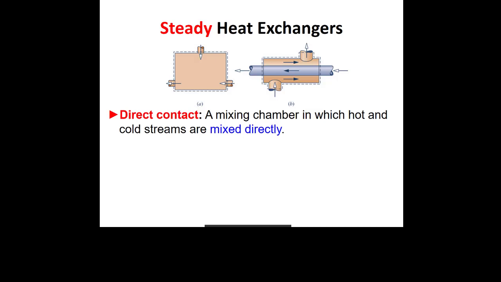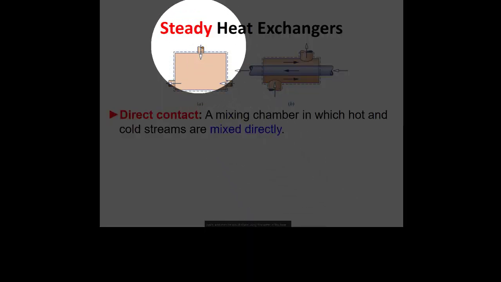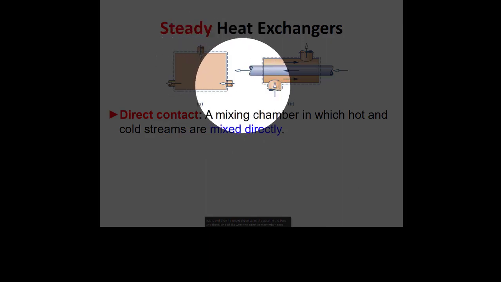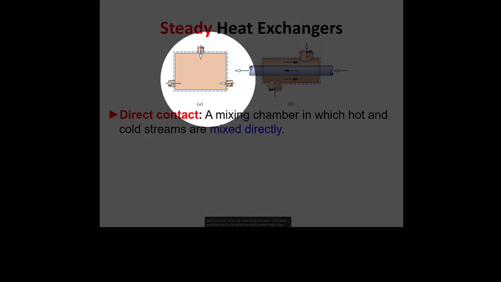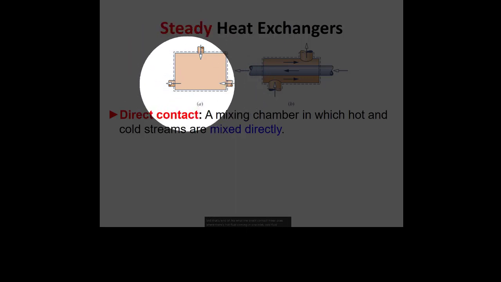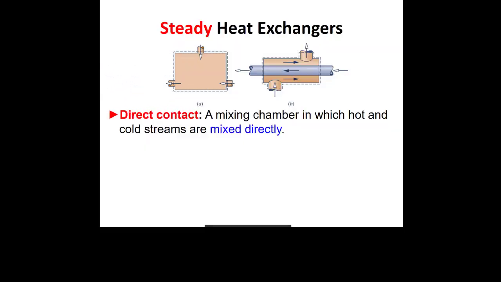One of them, I always think about this direct contact heat exchanger as like, my grandfather had a sink, and when he was shaving, there was one hot tap and one cold tap, and he would take the hot water and the cold water and mix them together in the basin, and then he would shave using the water in the basin. And that's kind of like what the direct contact mixer does, where there's hot fluid coming in one inlet, cold fluid coming in some other inlet. They mix together, and then you get some warmer fluid that's colder than the hot fluid, but warmer than the cold inlet, right? And it goes out there, right?